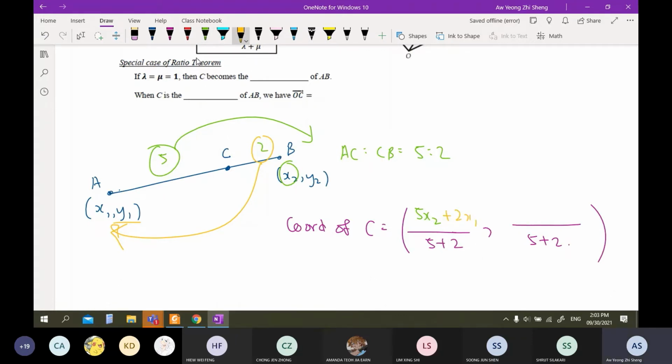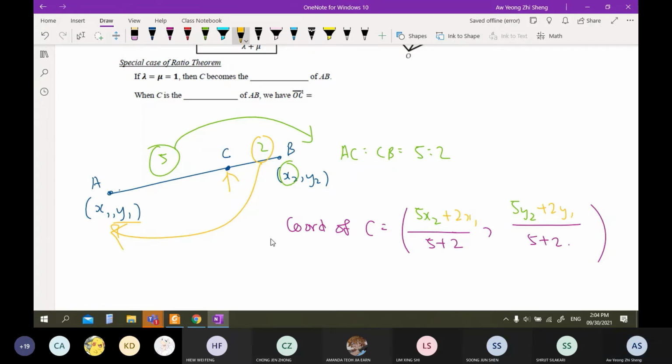And then do the same for the y coordinate. You have 5y2 plus 2y1. So this gives you the formula to get the coordinates of C. Okay. So if you can remember the formula for coordinate geometry, then vector is just a formula of a similar